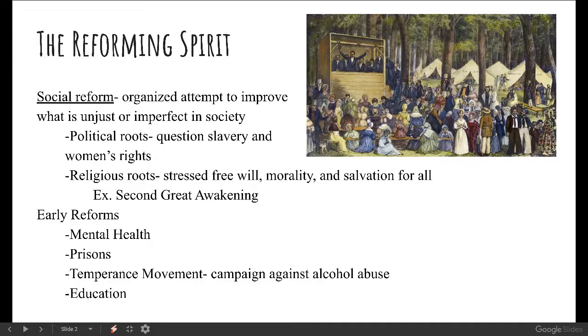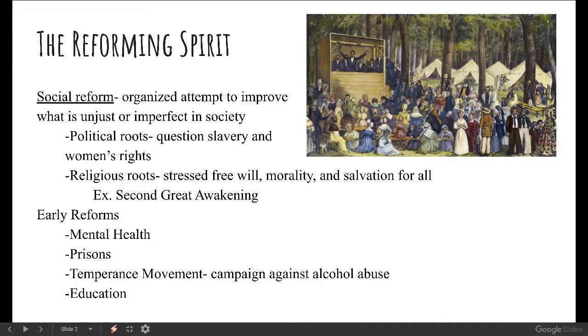And then we have a lot of education reforms as well, the creation of public schools. A lot of people didn't have access to education up until this point. And so schools are built. These are going to be one-room schoolhouses. And public education is going to be provided for many communities, at least through elementary school. Usually, you had to pay for education beyond that, but still, spreading education and literacy throughout the population. Especially if you have a lot of voters, you want your voting population to be educated so they can make informed, good decisions for the country. So those are some of our early reforms.